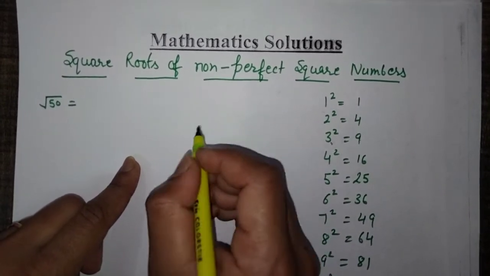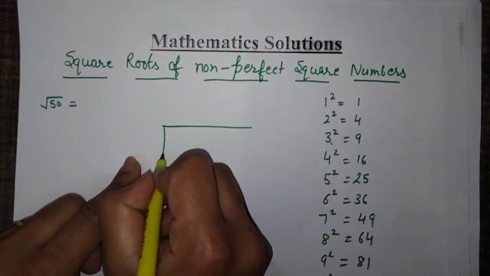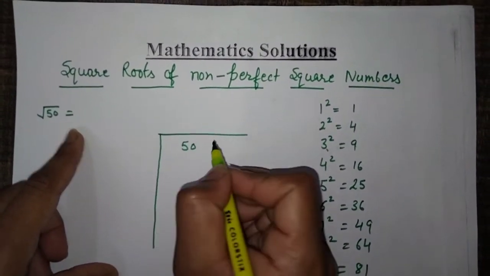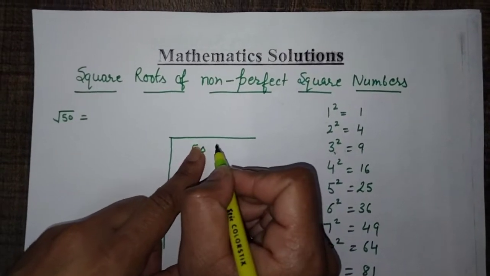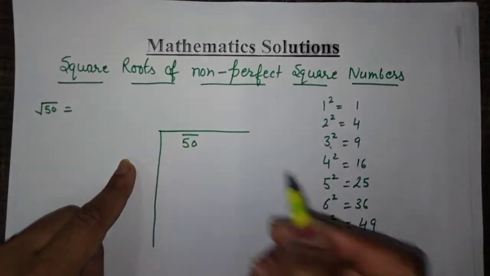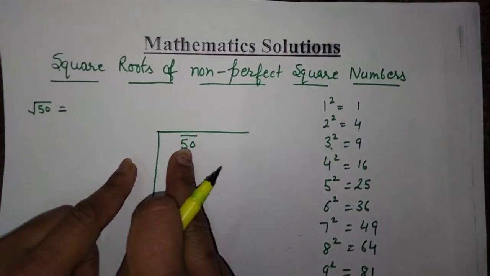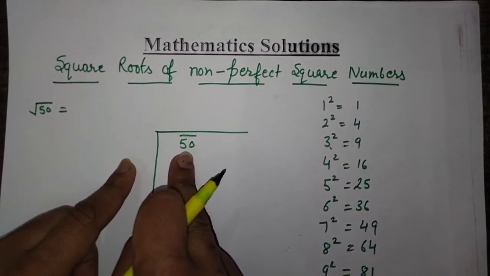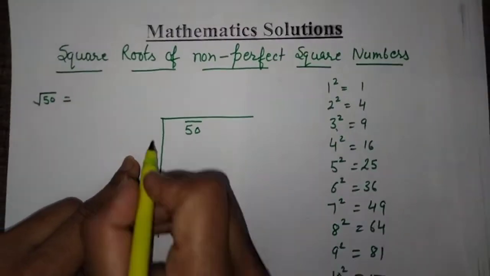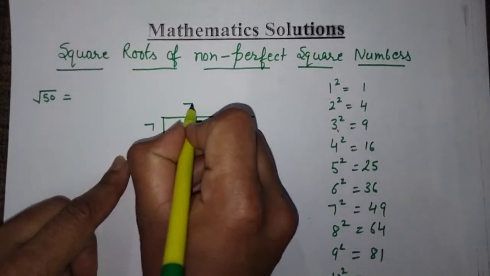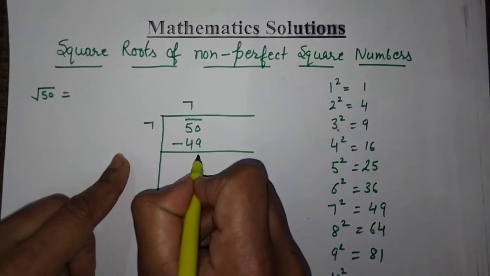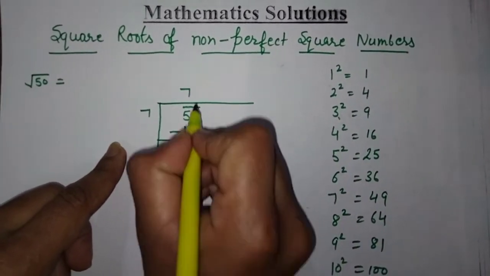They can see it there. So for the long division method, first of all we place this number inside this division sign. Then we mark off these digits in pairs from right to left. The next step, we have to find the number whose square is less than or equal to 50. We know that the square of 7 is 49. So we will write here 7. 7 sevens are 49. Then subtract. 10 minus 9 is 1, 4 minus 4 is 0.